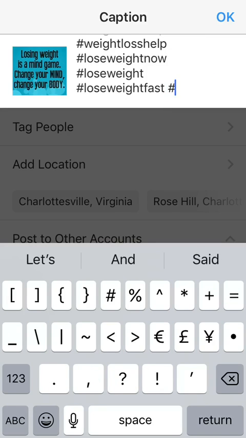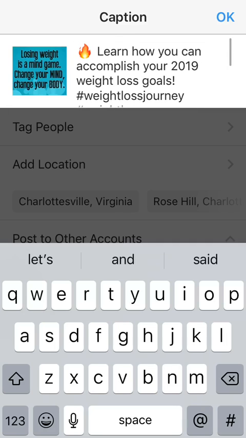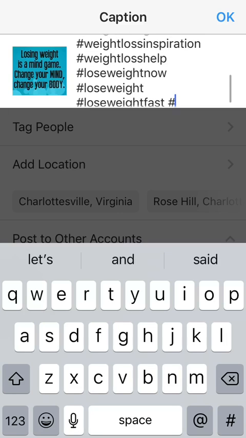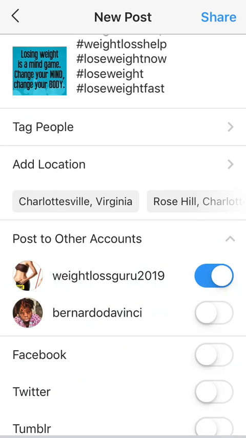So now we know all the hashtags that we use. I believe Instagram lets you do up to 30, but if you do all 30, you can potentially get shadow banned. Now, as long as I've been on Instagram, which is going on 5 years, I haven't been shadow banned, and I got like 4 or 5 different accounts, so I recommend you use 30. But just in case you feel you might get shadow banned and you've got a fresh new page, I say at the minimum keep it to like 20, 25 hashtags. So for the purpose of this video, I'm just going to stop here and we're going to hit OK.